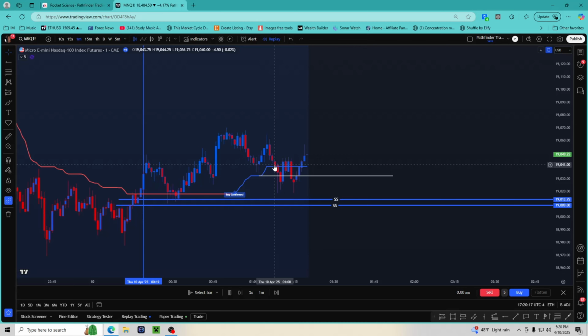Here's our ray. And the market continues until there, at which point the market does close below right here. But by this point, you've already hit your target if you had stayed in that. So you have two options. You either can play it very safe and exit upon this market closing below that white ray, which was right here,